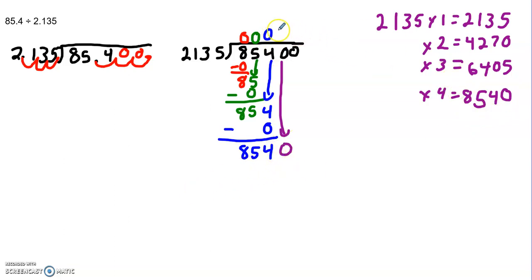So this goes in 4 times. So I'm going to write a 4. And I'm going to subtract 8,540, which gives me 0. I am not done yet because I still have this other 0 here that I need to account for and bring down. So I know that 2,135 does not go into 0, so I put a 0 minus a